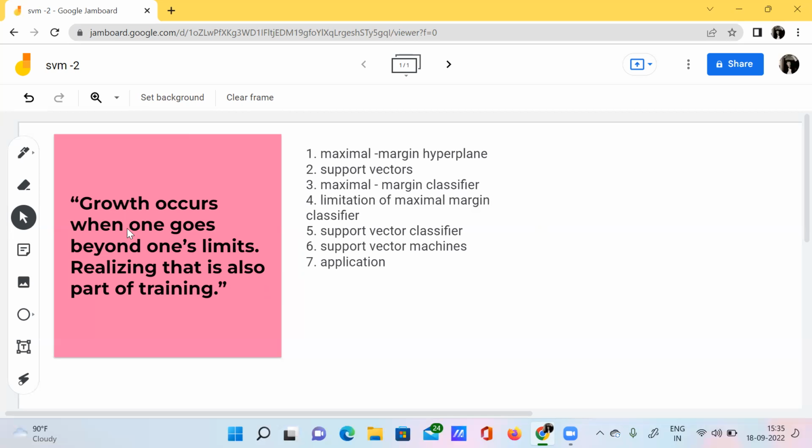So that's the meaning of this quote, and also realizing that particular thing is also a part of the training, right? People usually don't realize this. They think they have had enough training, so they just stop.